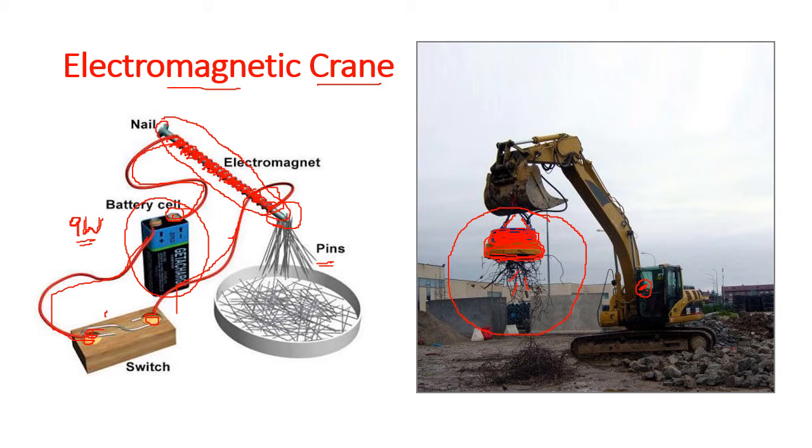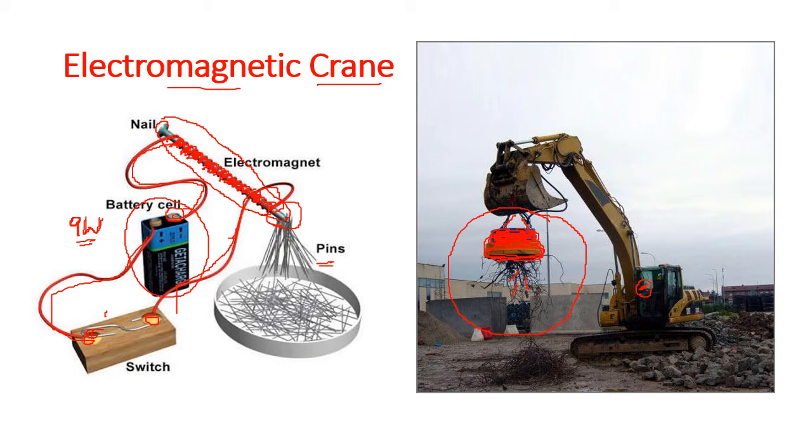So we have seen what happens here. The main idea is what? That a current carrying conductor produces a magnetic field. That is the basic idea we have seen here and understood in detail, that a current carrying conductor produces a magnetic field. And the magnetic field will do the same work that a normal magnet does. The only difference, this is an electromagnet. This part became a magnet because the current is flowing through it. When you turn off the switch and the current stops flowing, it no longer acts as a magnet.